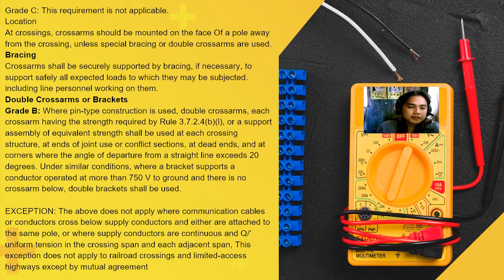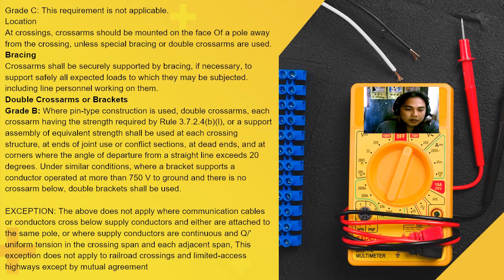For grade B, where pin type construction is used, double crossarm, each crossarm having the strength required by this rule, or a support assembly of equivalent strength shall be used at each crossing structure, at ends of joint use conflict section, at dead ends, and at corners where the angle of departure from a straight line exceeds 20 degrees. Under similar conditions,